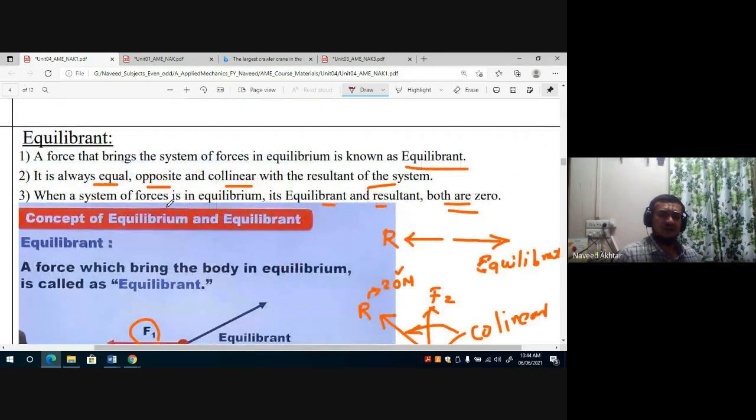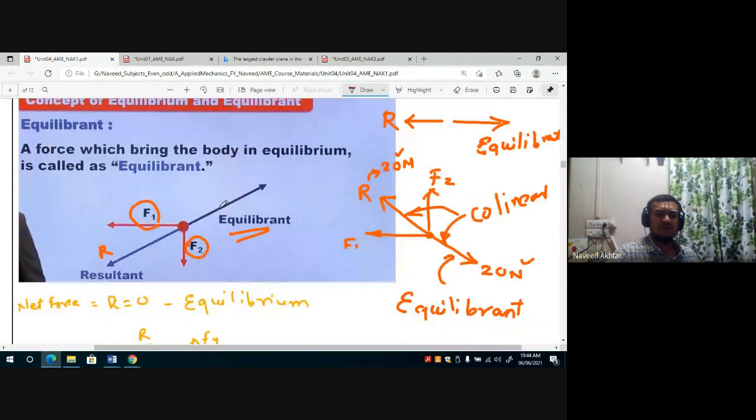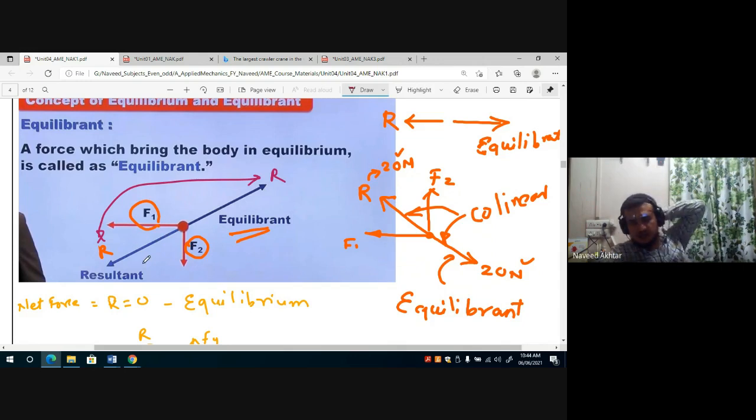फिर हमने देखा what is equilibrant. The opposite force of the resultant is called the equilibrant. The magnitude of the equilibrant is the same as the resultant, whatever the magnitude, but its direction is opposite. Also, the line of action of resultant and equilibrant are the same. The equilibrant and the resultant are always collinear, always in opposite direction, always their magnitude is the same. समझ में आ गया.